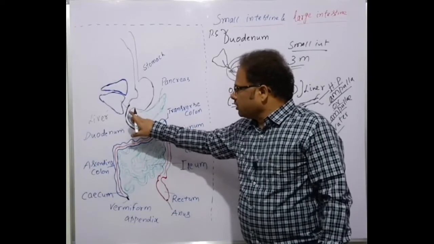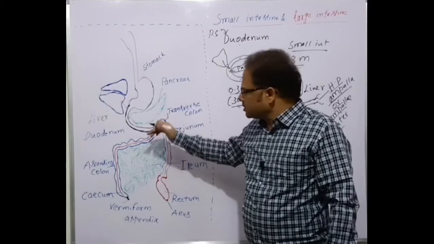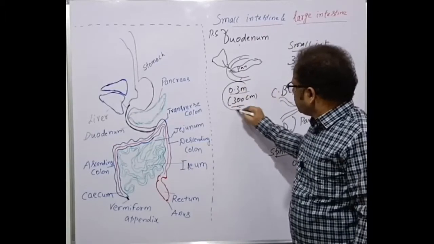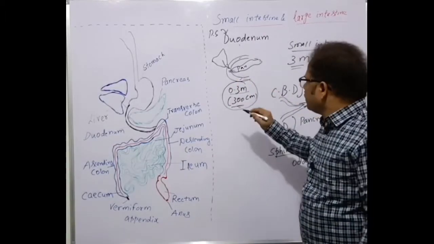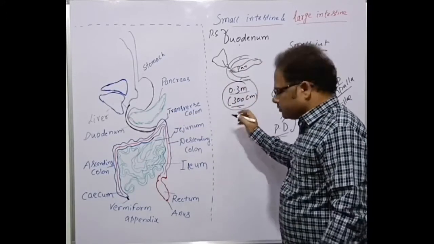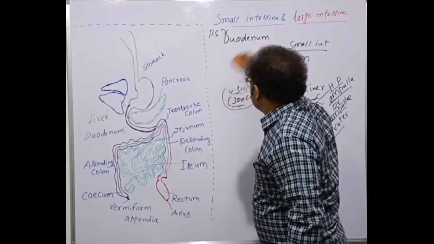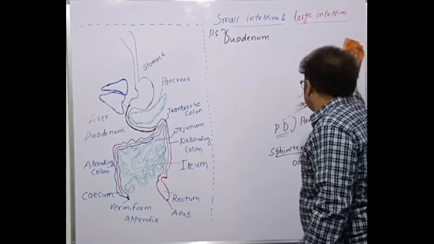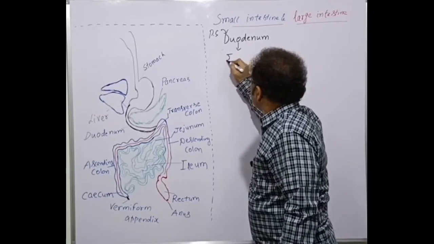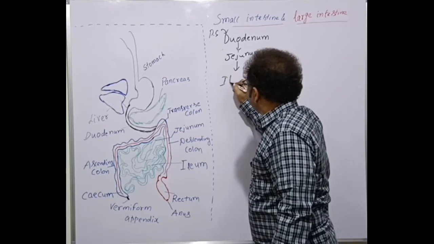So we can say that the duodenum is the main structure of digestion. Most of human digestion is accomplished in the duodenum because of this reason, even though it's a very small part from the size point of view. Clear? So the duodenum is now continued behind as the jejunum, which is continued behind as the ileum.